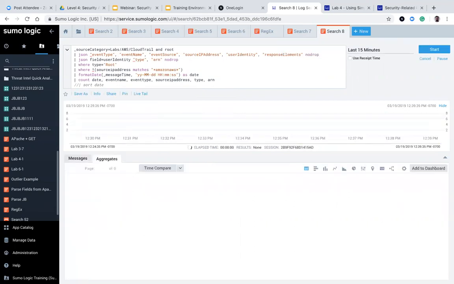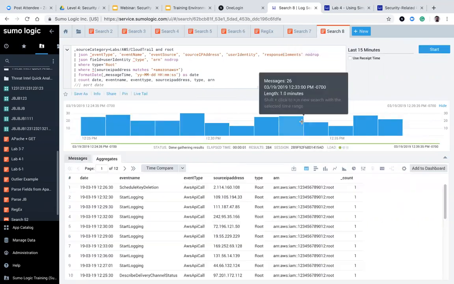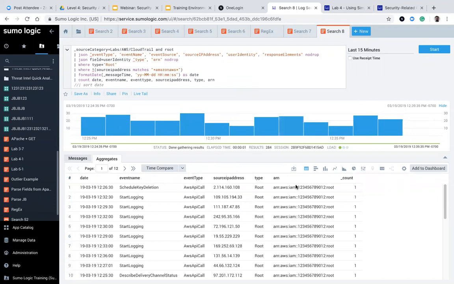And what this is going to show us then is what the users were doing and who they were that had root access. Now, as I mentioned earlier, this ARN is the username. So in this case, the user was 1, 2, 3, 4, 5, 6, 7, etc. And what we see is he or she, I guess, we don't really know the gender of the individual based on a number. And so what we can do here is we see that this user at 12:26 scheduled a